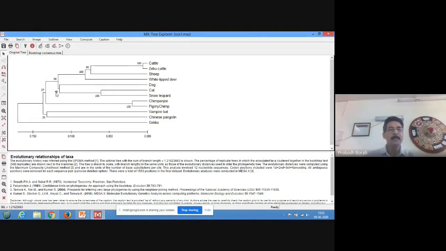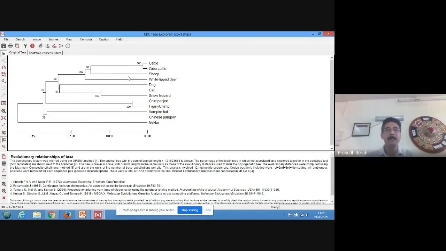Only in one place it is 48 and 37. Here also, the zebu cattle and cattle are appearing in the same clade. Then sheep appearing with zebu cattle and cattle is 80% valid. Then white-lipped deer showing similarity to zebu cattle, cattle and sheep has 100% validity, that they are forming the